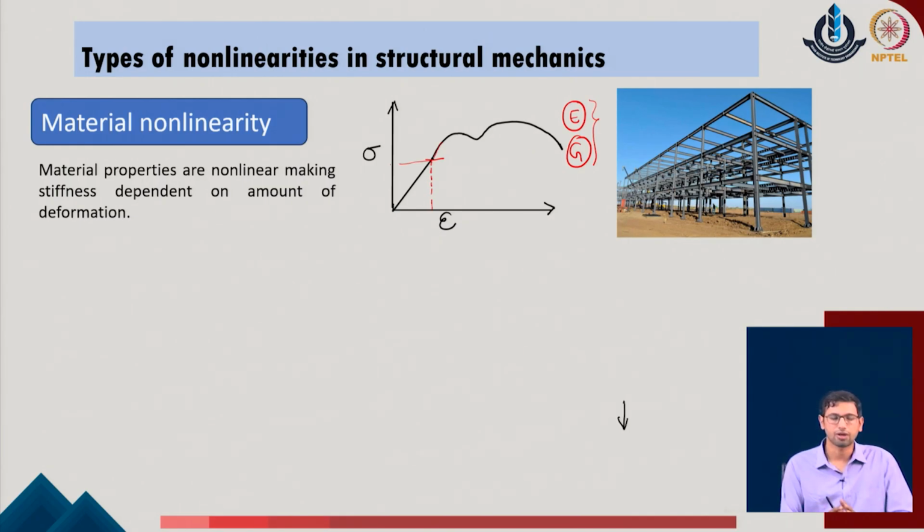And now, if you require a material to be used within these limits, because of course now we understand that, as a very simple example of the steel structures which is shown over here, we typically do not rely on the steel being used only up to the linear proportionality limit.